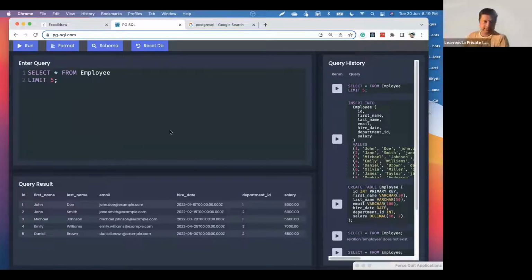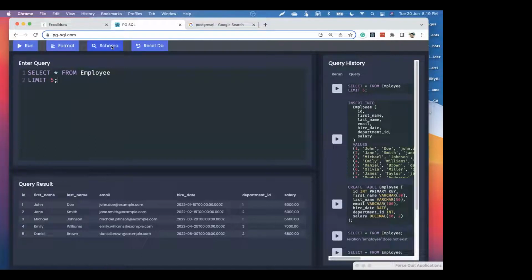Right. So this is how I will limit it. How about